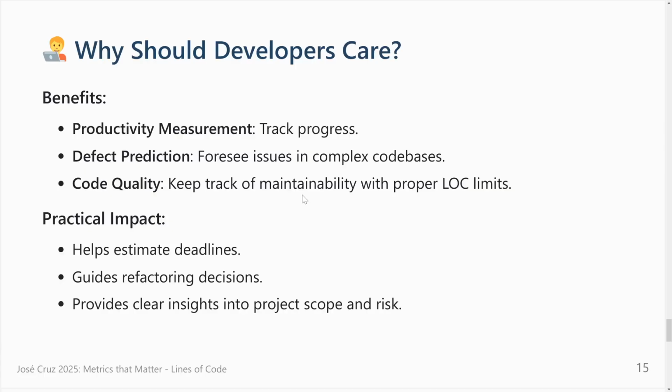You say, okay, your file is becoming too big. It's not that you block, but maybe you can block and ask for a quick review, or maybe you don't block, but at least you receive an alert and talk with someone. Why don't you refactor your code? You can apply this kind of rules to control the dimensions of the objects that you have, packages, classes, and things like that, even projects. Practical impact: helps estimate deadlines, guides refactoring decisions, and we saw a formula about that,